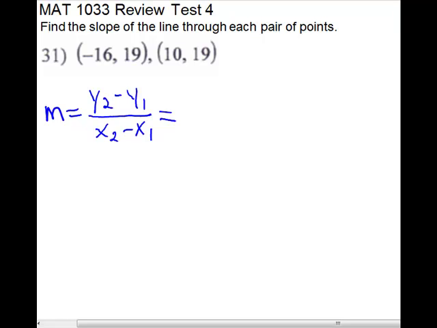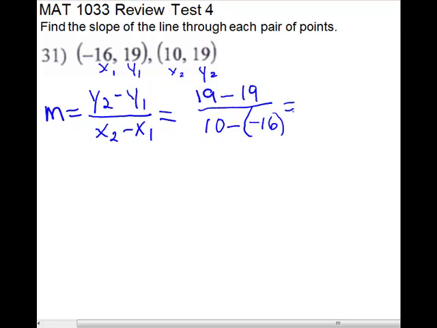Let's label our points so they'll be easy to plug in. So if our first one is called point 1, this will be x1, y1. The second one will be x2, y2. And then we just substitute. So y2, 19 minus y1, 19 over x2, 10 minus, be careful here, you're subtracting a negative, just use a